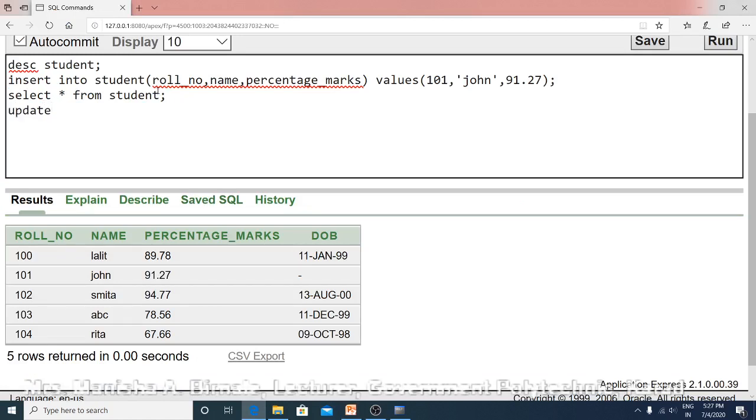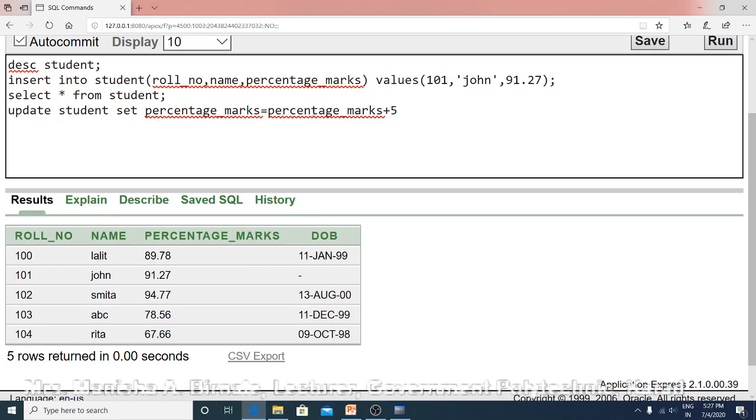Update table name is student, set percentage marks equal to percentage marks plus 5, and where condition is not written because we want to update all the records.